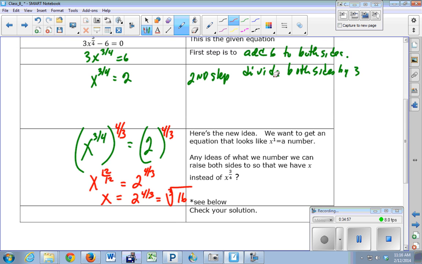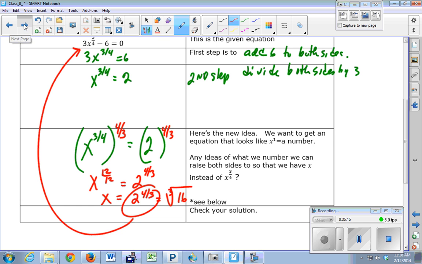You can check it by throwing it back into the equation. Why don't you put this back in the original equation and see if you can make the left side equal the right side. Okay, you'll have to use an exponent property to do that. So give it a shot and I'll help you out if you need it. All right, so